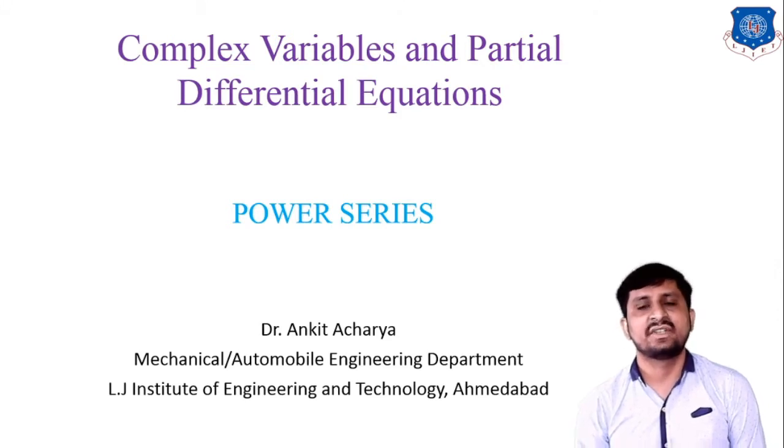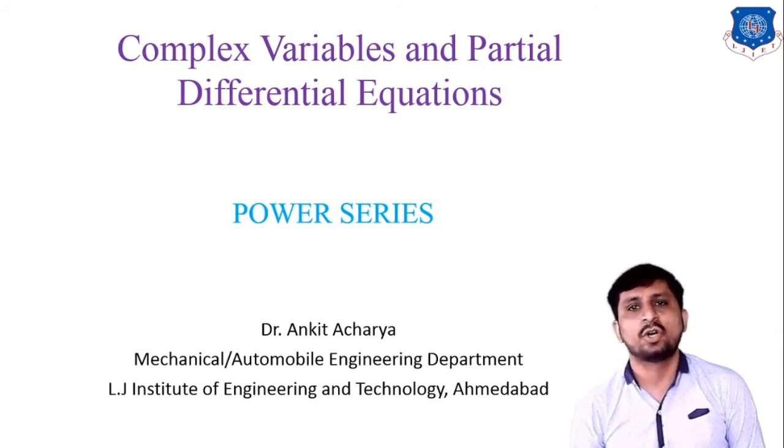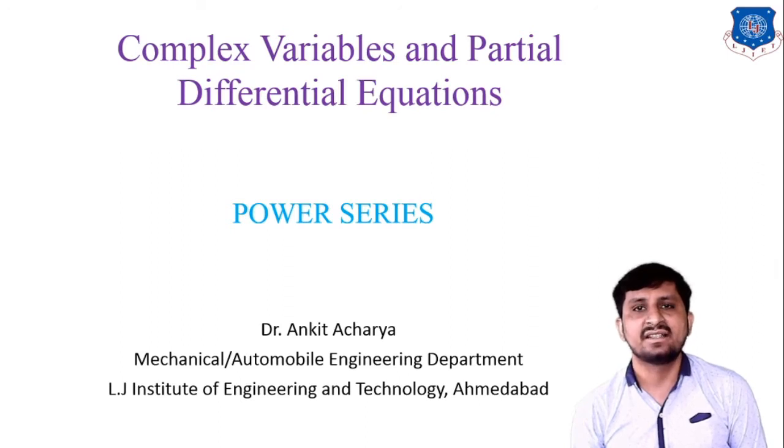In the first lecture we discussed how we can find the radius of convergence and circle of convergence. After that, in the second lecture we discussed Taylor series, that means when we can express any function f of z as a Taylor series. Today we also discuss some important examples of Taylor series, and after that a very important topic, Laurent series. As you know, a Taylor series can be expressed only for a circle where inside the circle your function must be analytic.